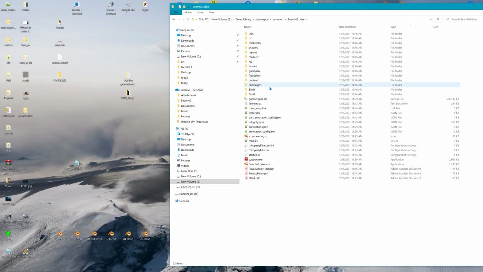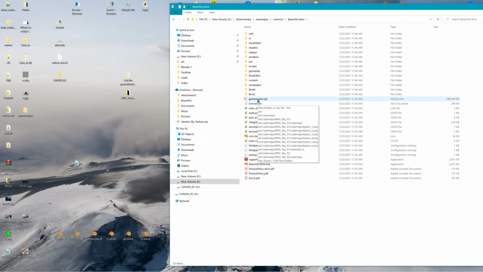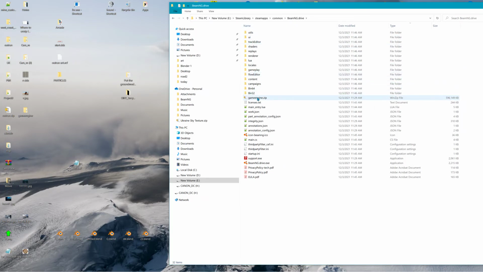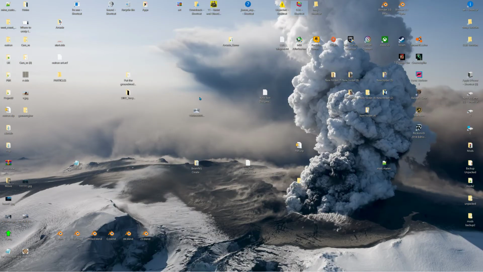Now, I'd like to thank Carver for figuring this out. He told me how to do this without killing the game's particles. So you see this game engine zip, unzip it in a folder on your desktop. Then go to,